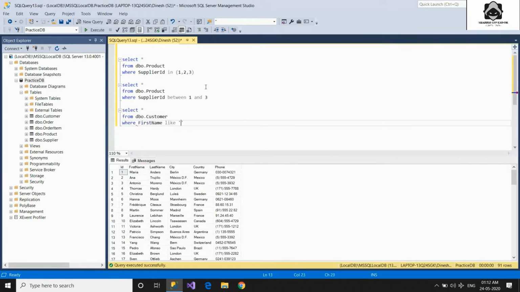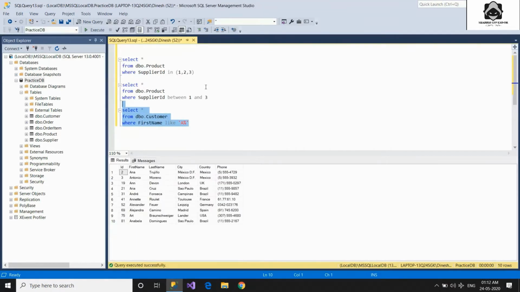Along with the like clause you need to write your quotes, and in the quotes we want all the customers whose first name starts with A, and after that you write the percent symbol which specifies that after A anything is allowed. So here you see that we get all the records where the first name is starting with A.